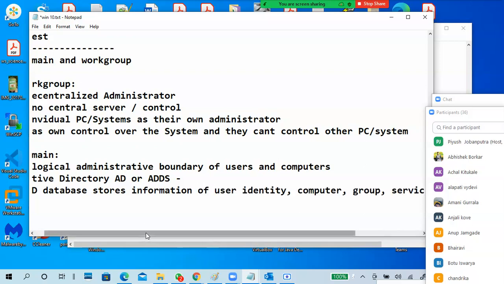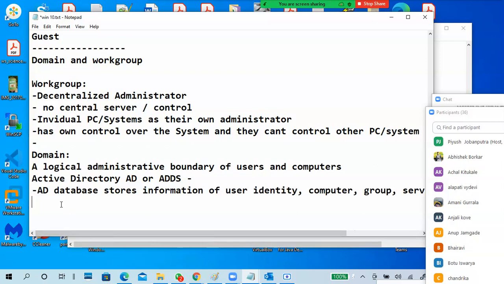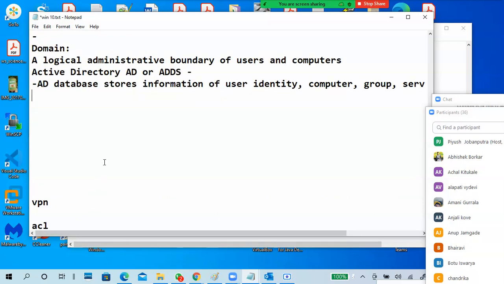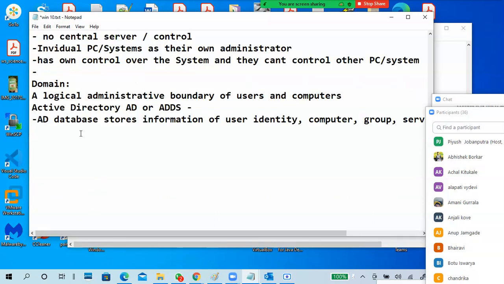Can we say it's a central repository? Yeah, it is like a central repository only. What is a central repository? You store every piece of information in a single location with a single name. It is like GitHub or the like. The meaning is like that only.